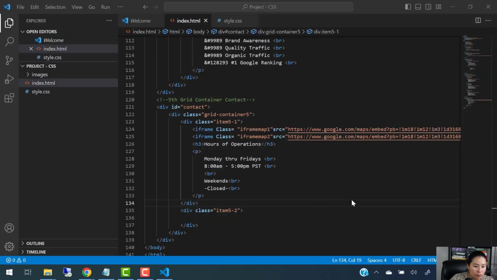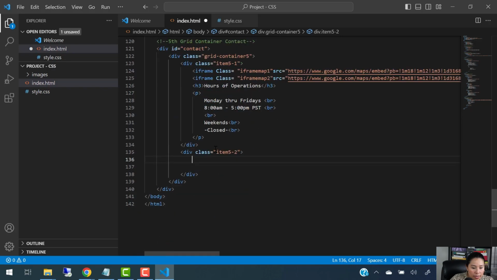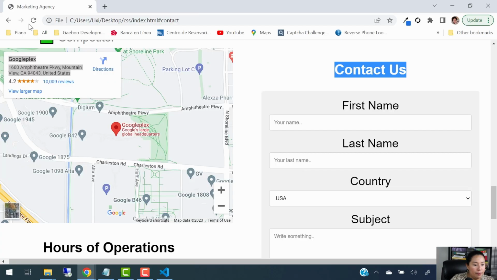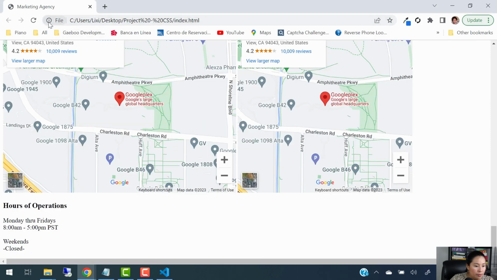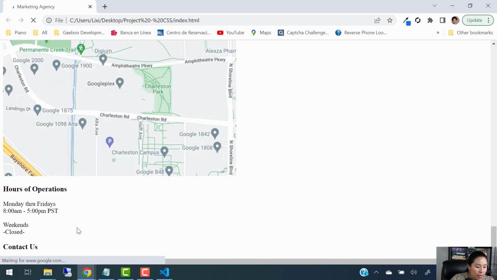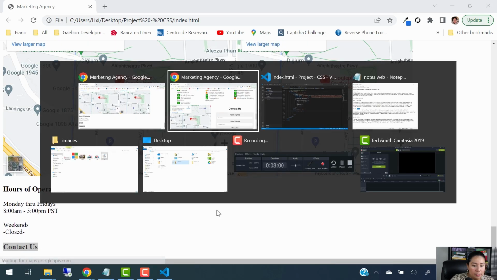So let's do that. Let's go back to our code and go to item number 2, which is item for grid 5, number 2. On this item, the first thing we want to do is add another H3, and we're going to call it contact us. Let's hit save, refresh. Whoops, not this one, but the other one here. Okay, so there you go. You have the contact us